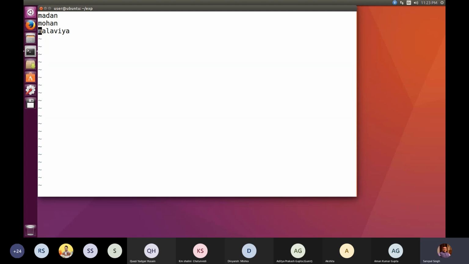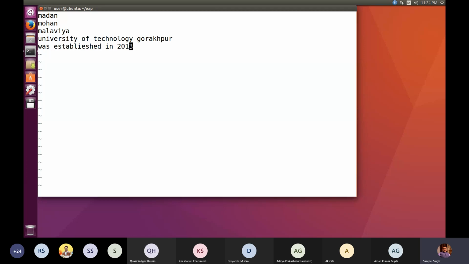And below Malviya, if I wish to type, I can simply press O. That will open a new line just below Malviya, and at the same time it is putting you back to typing mode. Now you can type. This way we can type anything.